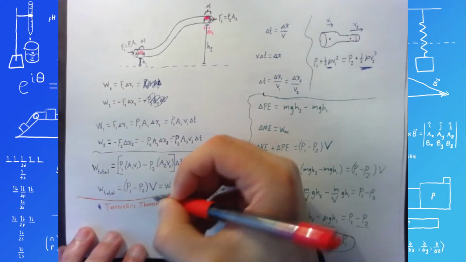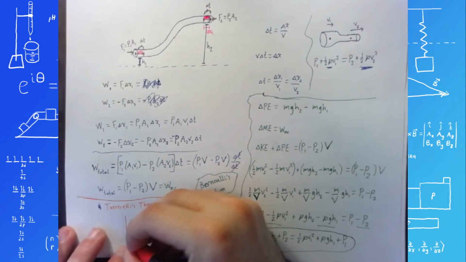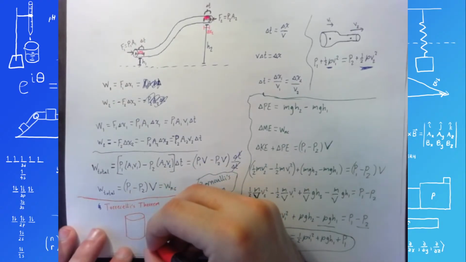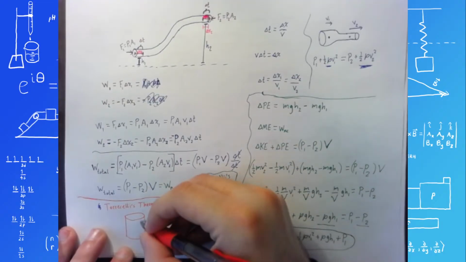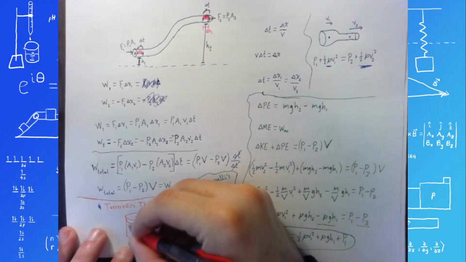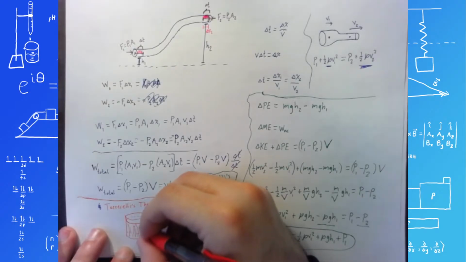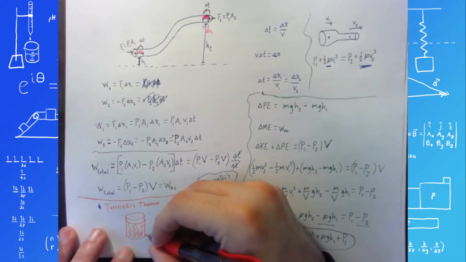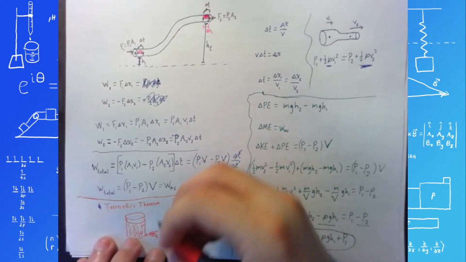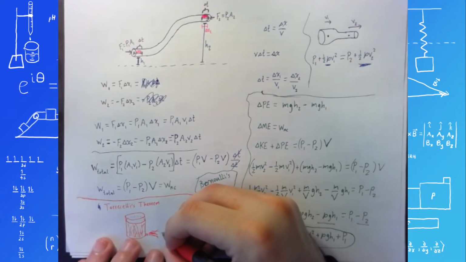Torricelli's theorem basically says, what if you had, for example, a tank full of liquid, let's say water as our classic example, and there's an opening in it that the liquid can flow out of. So here's some liquid in here. And let's say this liquid starts flowing out. What would its velocity be? What would its